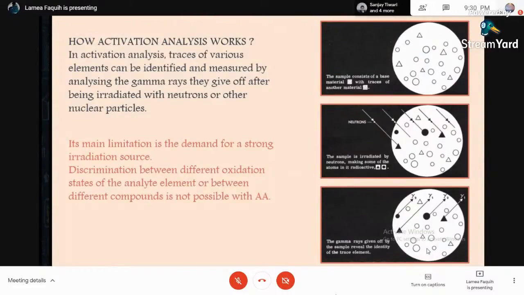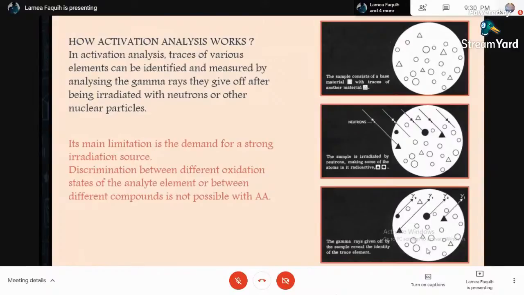Now, due to this irradiation, my neutron is going to bombard my particles and excite them, as a result of which some of them are turning black. This represents the radioactive particles in the sample. Now these radioactive particles individually are emitting gamma rays. This gamma ray is used to understand the sample, as it is different for each element, and we can get an idea of the quality of the element in that sample. The amount of gamma ray radiated is proportional to the amount of element present, so we can get an idea of the quantity also.